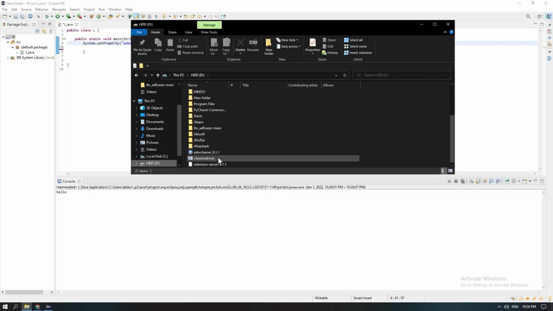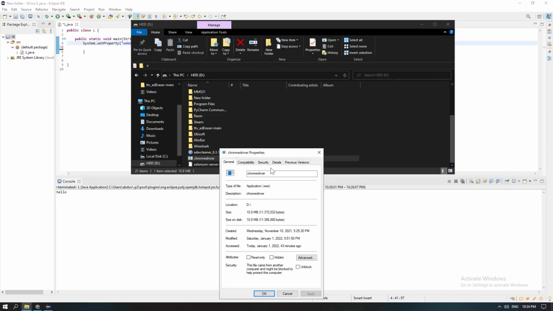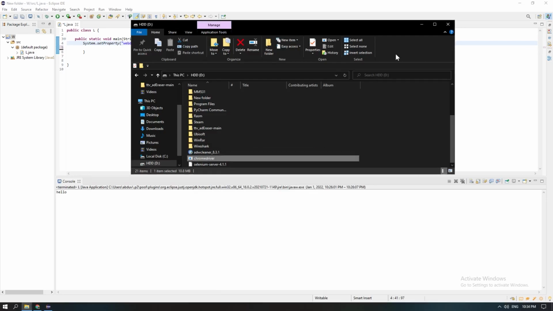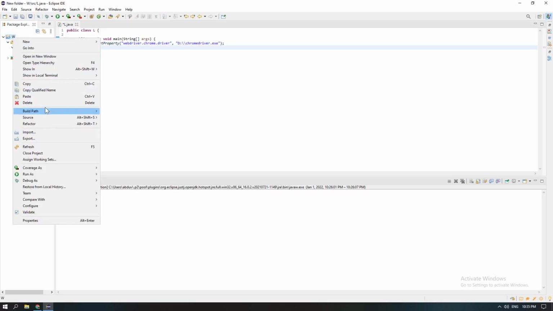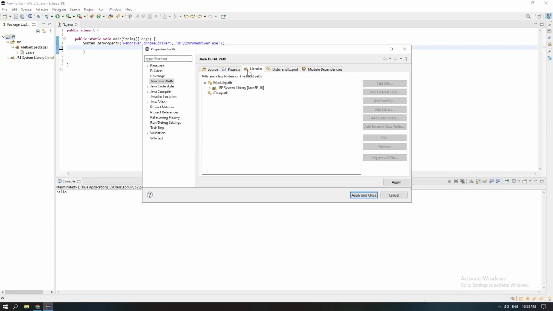You can see where the location is by going to the ChromeDriver file. Click on it, properties, and then it'll say location, and you can Control C and Control V and make sure it's inside quotes, and then make sure you change the slashes to double slashes, otherwise there's going to be an error. Just go to build path, configure build path, libraries, go to class path, add external JARs,